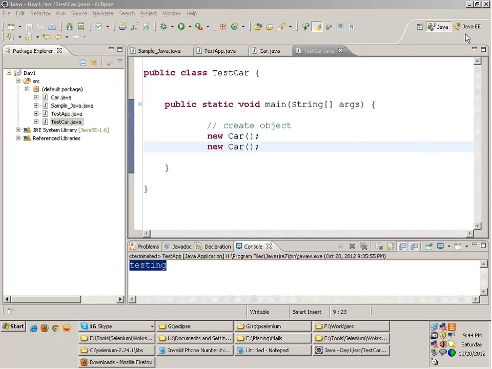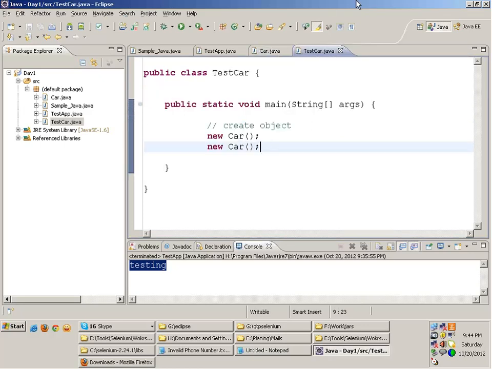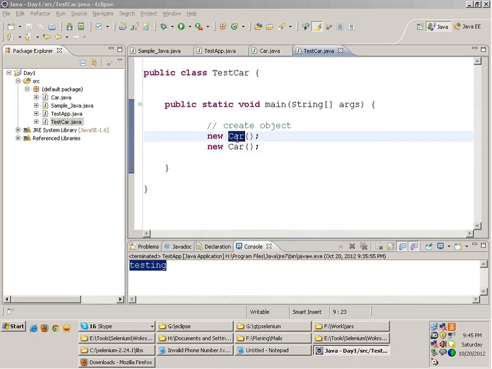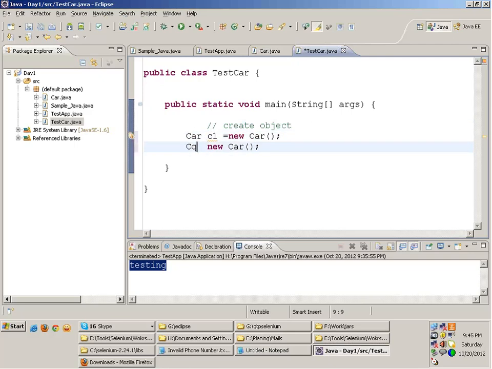Fine. Make was the property in the car class, right? Okay, but these two objects are just hanging. You cannot access them. To access the object, you need an object reference. So you write like this: Car c1 = new Car(); and Car c2 = new Car();